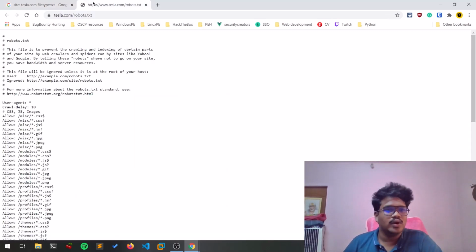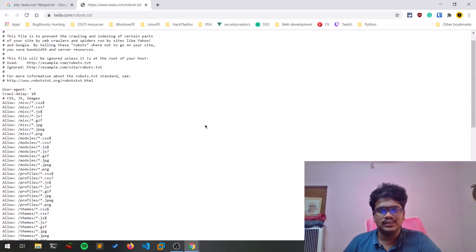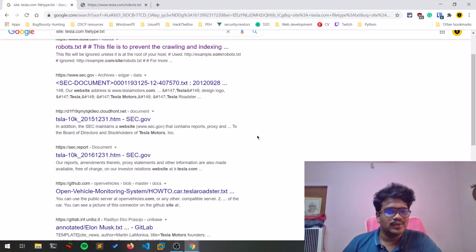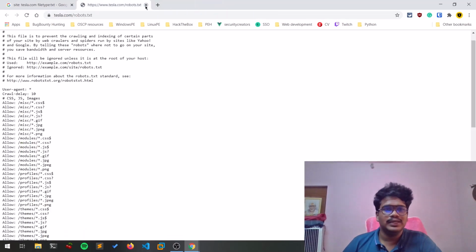And this is not at all illegal, guys. This is general open source, which is termed as open source intelligence. You can look into that. And this Google hacking is also being used by bug bounty hunters as well as normal hackers in order to search for particular results out there. So that's it. You can see that there are many text files out there, various bits of text files. There are so many files, and you can simply read them.